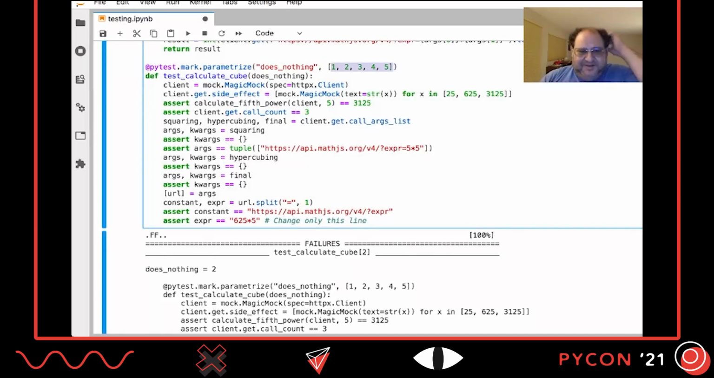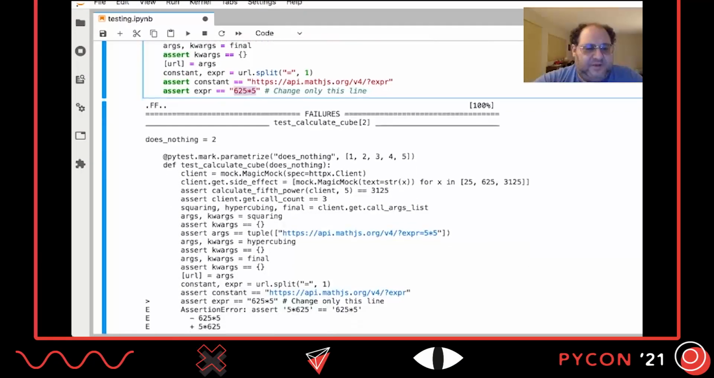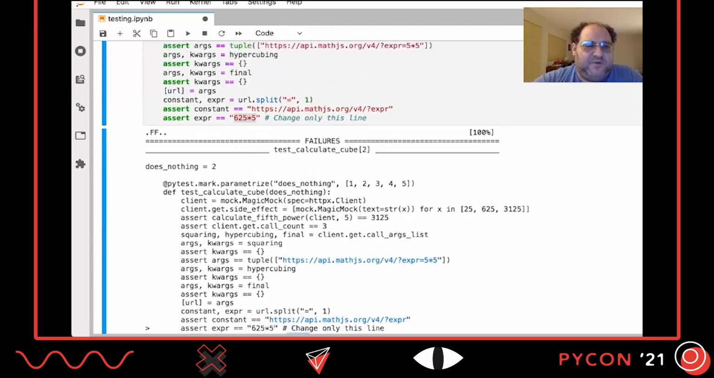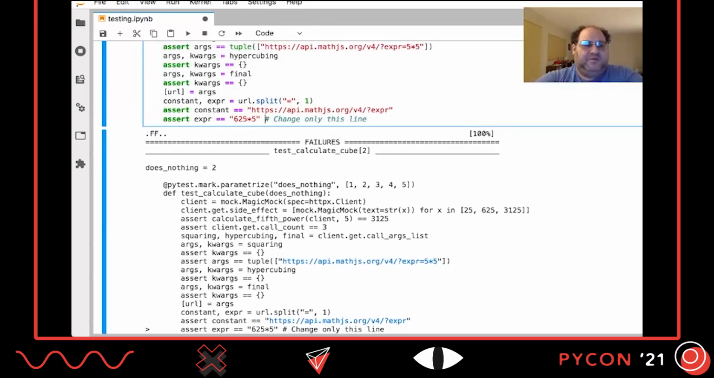In any case, this test is wrong, and the reason it's wrong is because it assumes that the expression is going to be 625 times 55, and as you can see in the time it fails because it's 5 times 65. So there's a few ways to fix it, but one way is to just add r x per equals 5 times